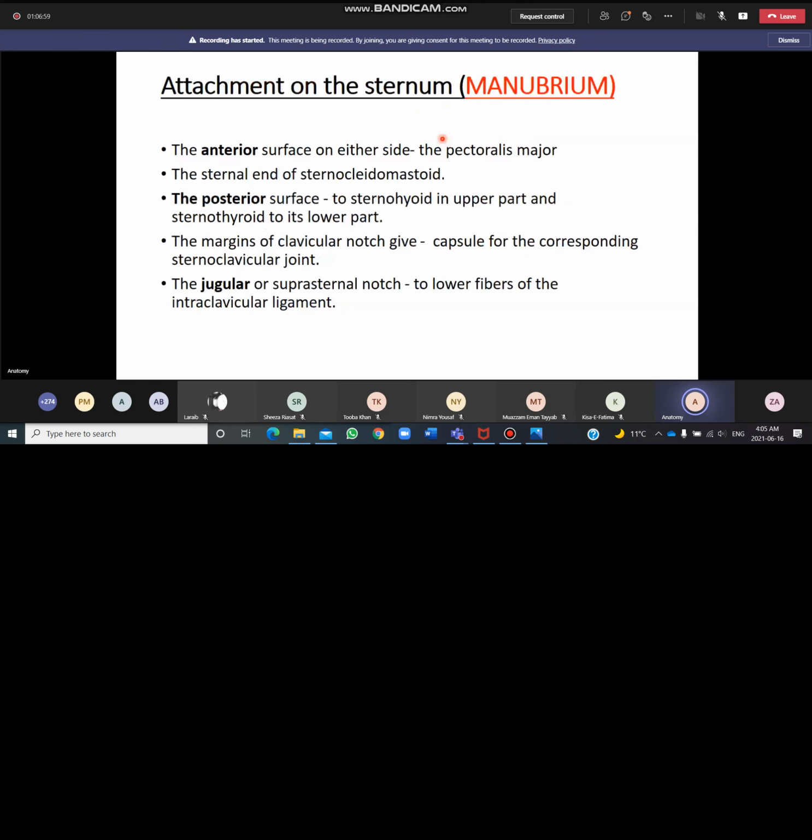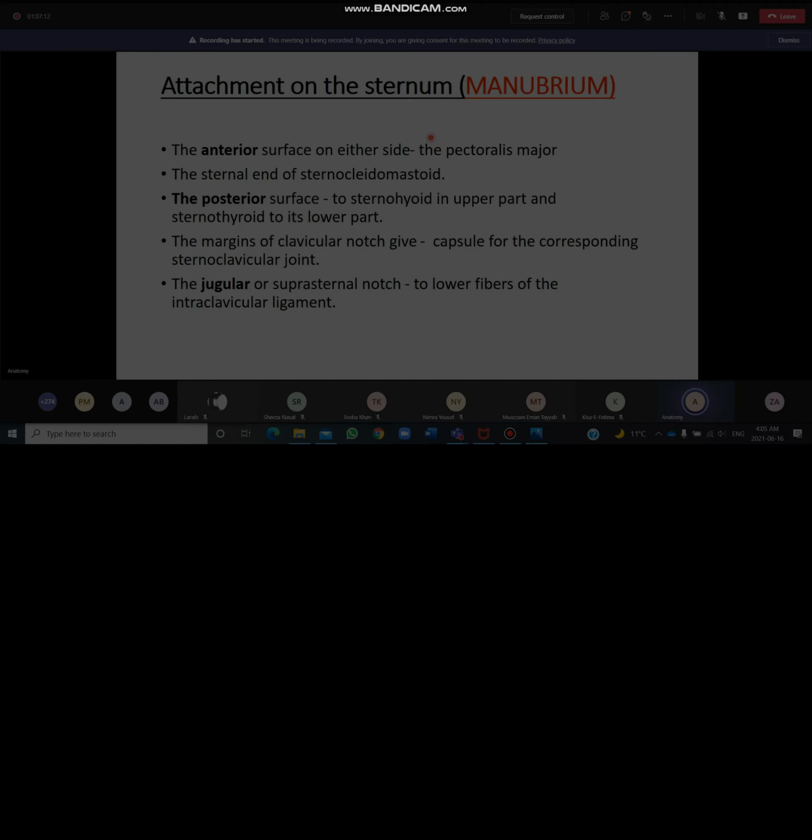So the anterior surface on either side gives attachment to the pectoralis major, and its part is the sternocostal part, and the sternal end of the sternocleidomastoid. Okay, and on the posterior surface, superiorly we have the